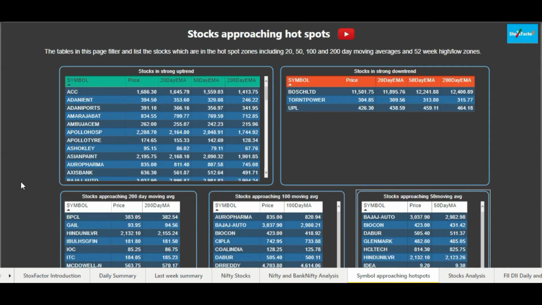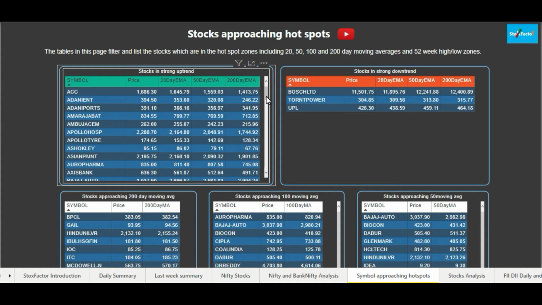You can see how we have identified them based on the 20-day moving average, that is the exponential moving average we are talking about, the 50-day exponential moving average, and the 200-day exponential moving average. So friends, in theory, let me tell you why we have chosen these. The 20-day exponential moving average refers to the short-term trend, I mean the near term, and the 50-day moving average tells you about the medium term trend.